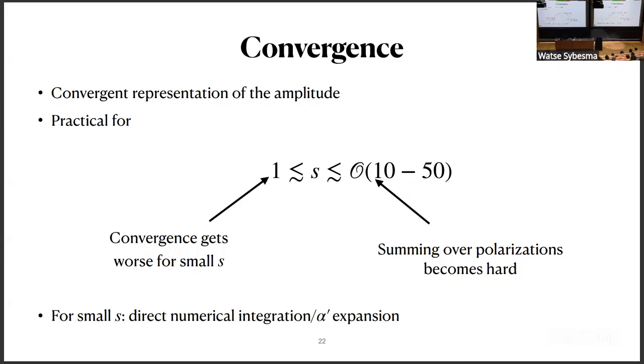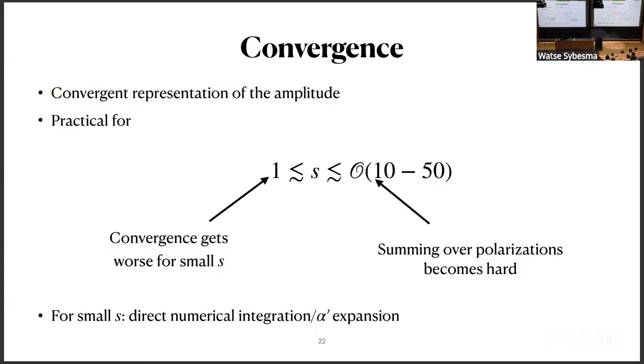Admittedly it's still hard because you still have to compute a very big sum, and every piece in the sum is also not terribly easy. First of all, you might worry whether it's convergent, and the answer turns out to be, probably it is. We cannot prove it. It seems to be convergent, but not absolutely so. But it at least numerically converges pretty fast, and it's practical for a region where s is not too small